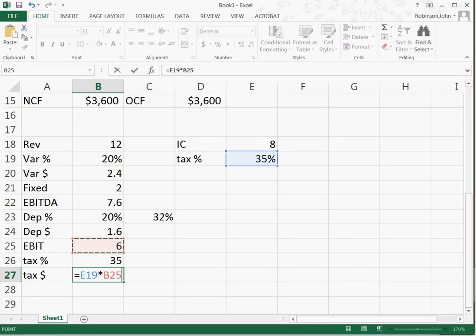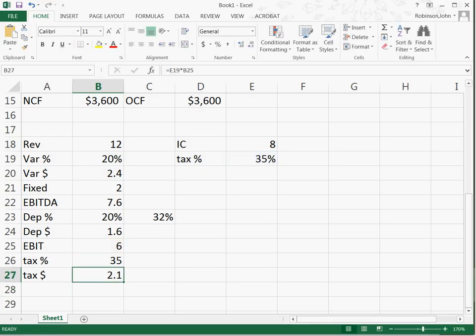So we would subtract interest off first, but in this case we don't have any interest, so we don't need to subtract it off. But if we had interest in the problem and we were using the textbook approach, then we would remove interest here and then do tax 35% of EBT. But in this case we don't have to worry about that because there's no interest, so we have tax dollars there,